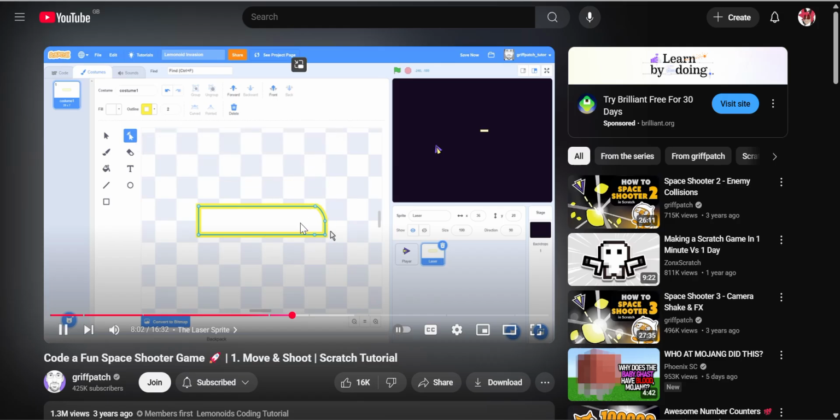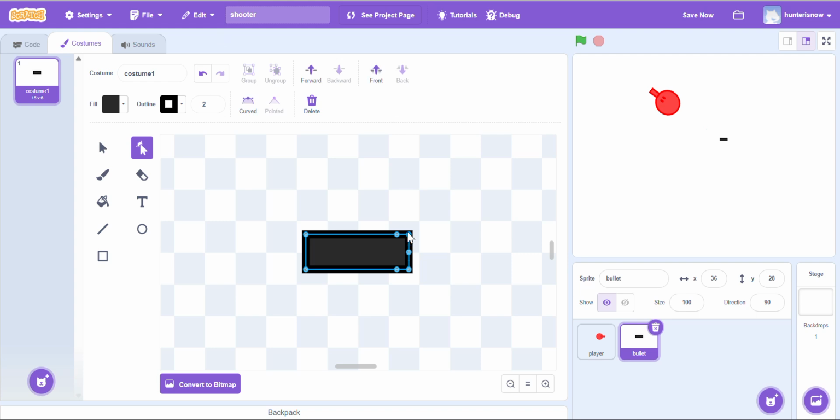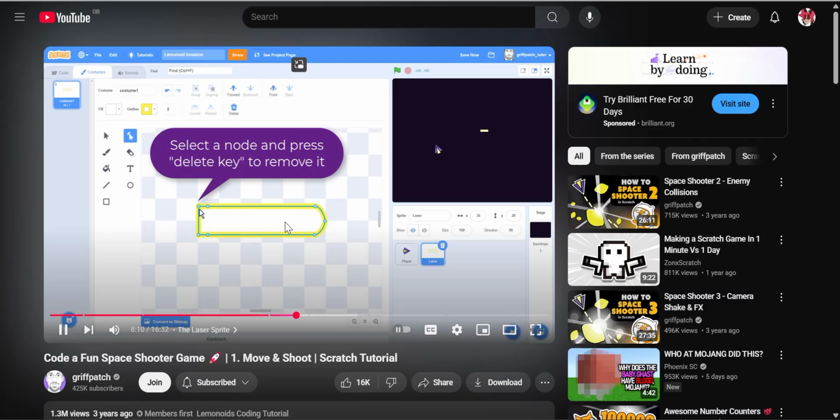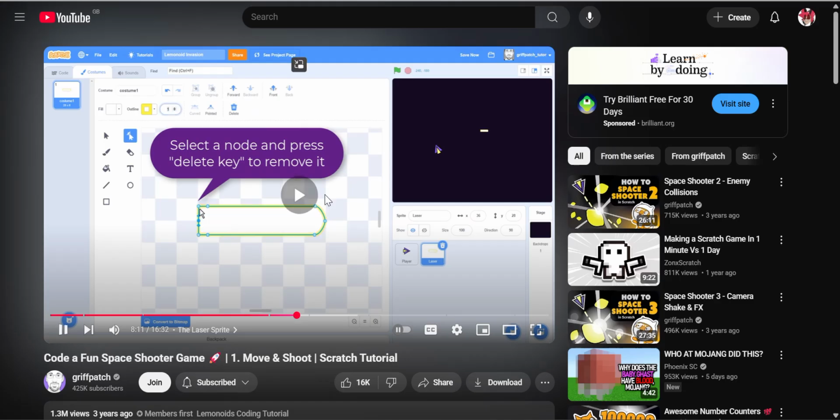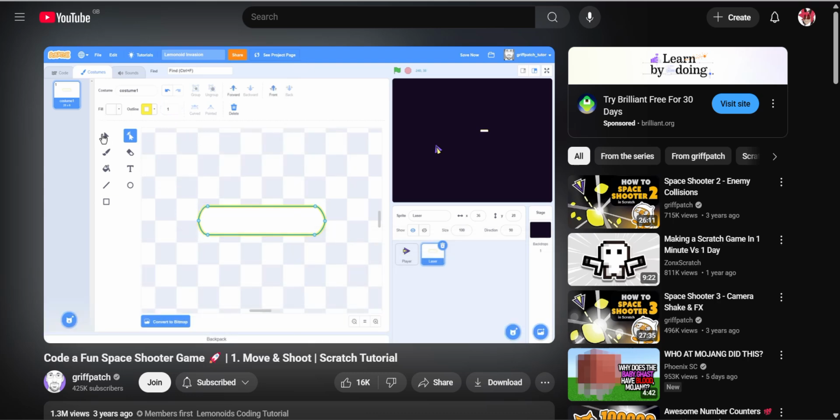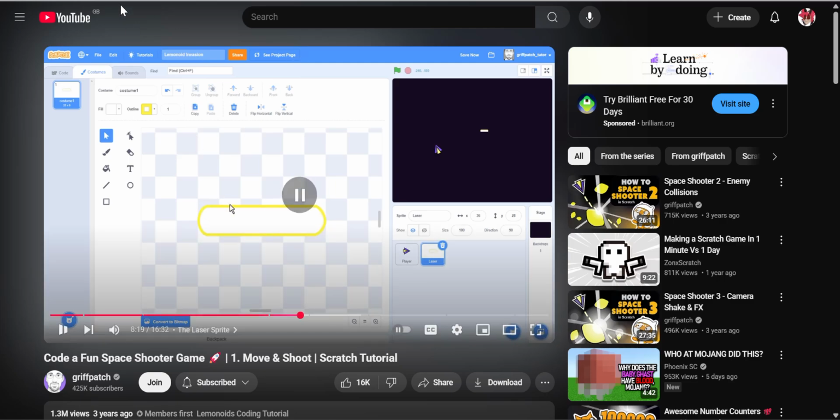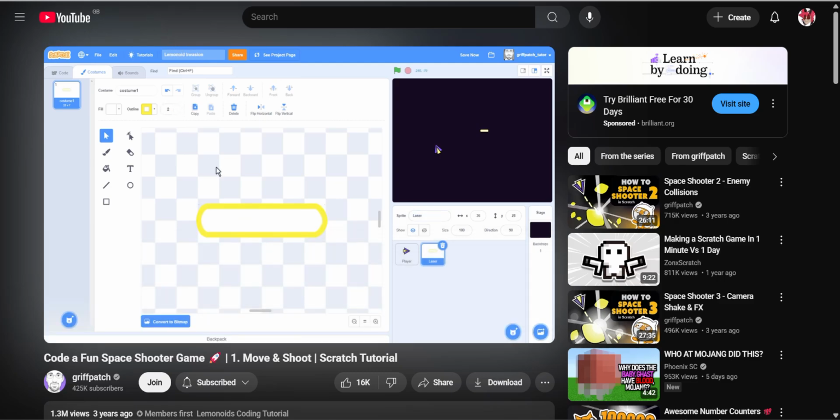Now we can click on the corner nodes and press the delete key to remove them, leaving a not half bad rounded end. Do the same for the left end. To finish it off, I'm making the border a bit thicker, size 2, and now to ensure the laser is correctly drawn,